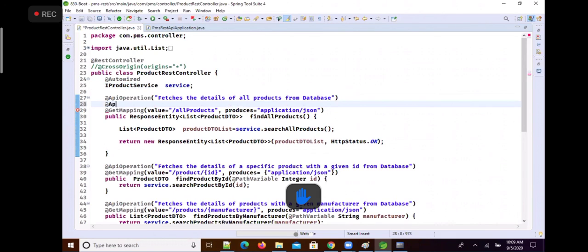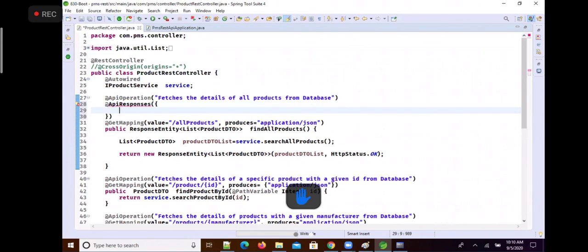Say @ApiResponses, of @ApiResponse, code is equal to 200 and description, that is called message, is equal to the data is returned successfully.